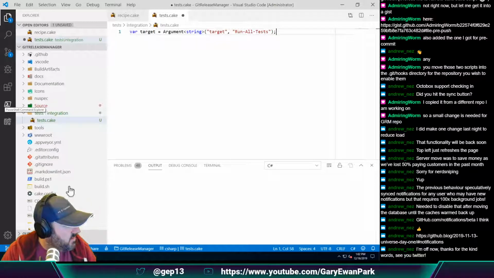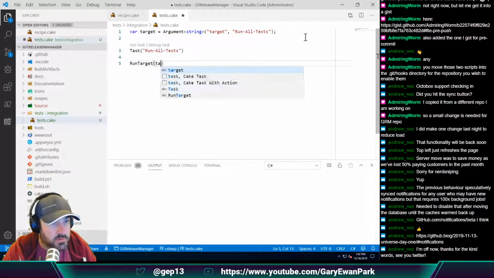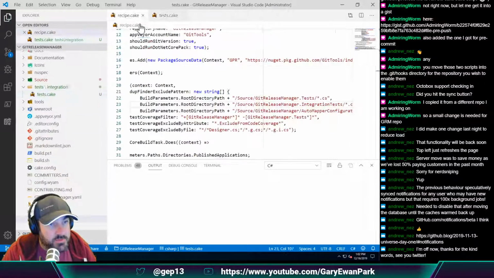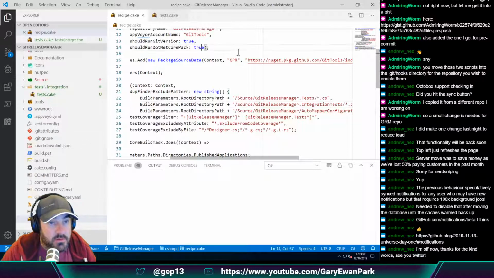And then further down, we will have a task called run all tests. And then we'll have a run target called target. Okay. So then in our recipe.cake file, we are going to want to set a parameter up here